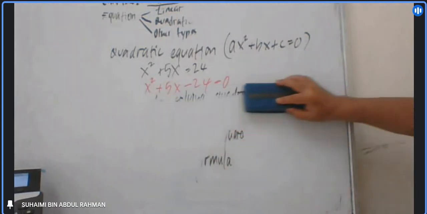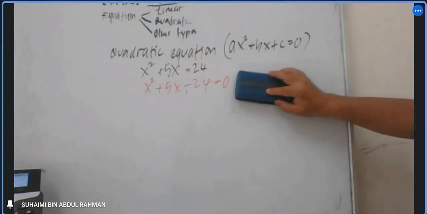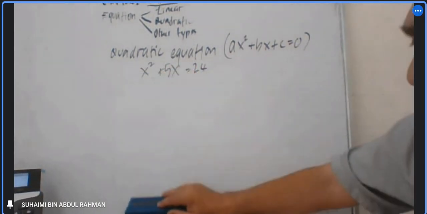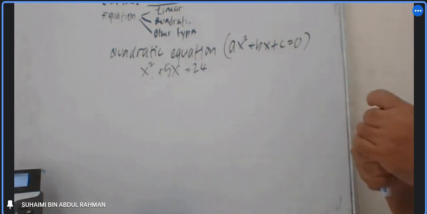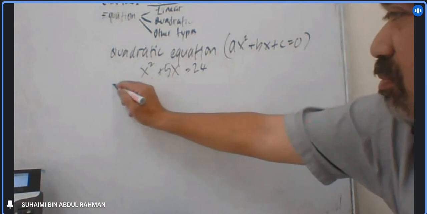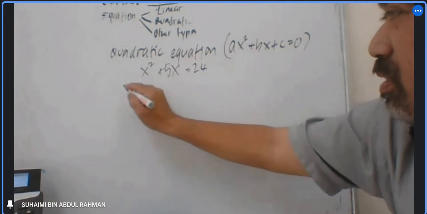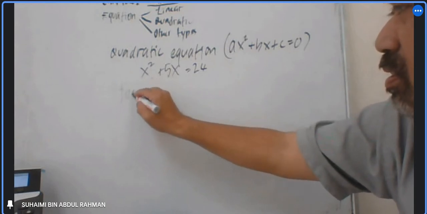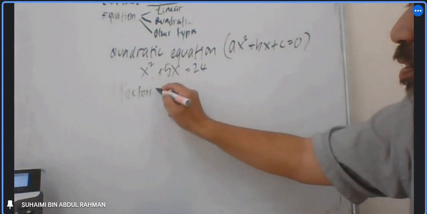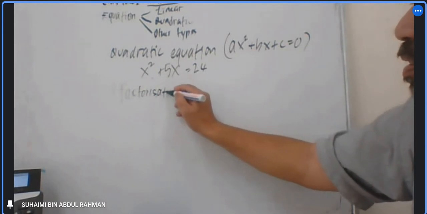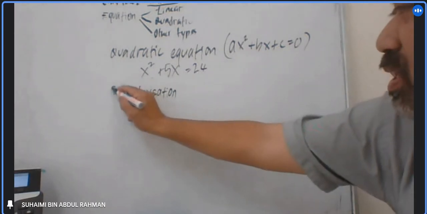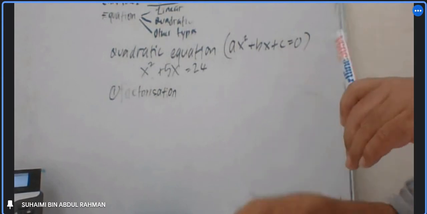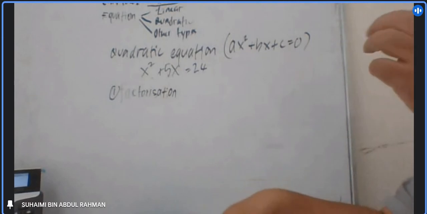So we use method number 1, the factorization method. We solve them. So what we do by using factorization method is